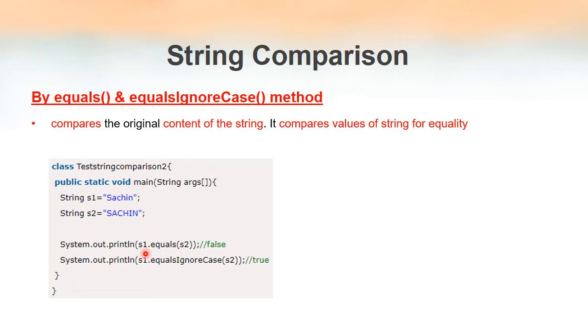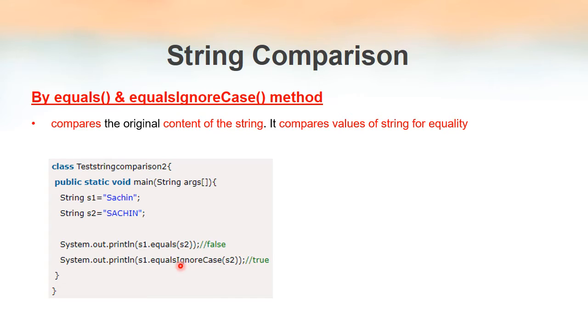So when we use the equals method, here S1 is the object that calls the equals method. S1 calls the equals method and passes S2 as the parameter, and the intention behind this call is to check whether S1 is equal to S2. But when the equals method goes through character by character, it finds that the first character is the same, S and S, both capital letters and the same letter. But when it compares the second character, S1 has a small letter a, and the second character of S2 is a capital A. So there is a mismatch. At that point itself, the equals method will return false. So the output of this line of code will be false.